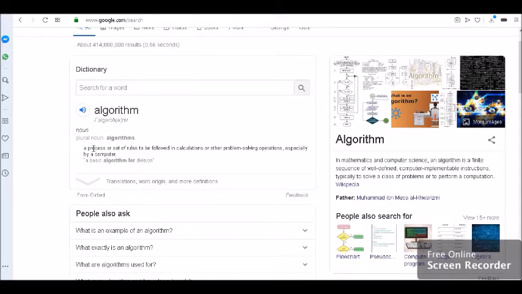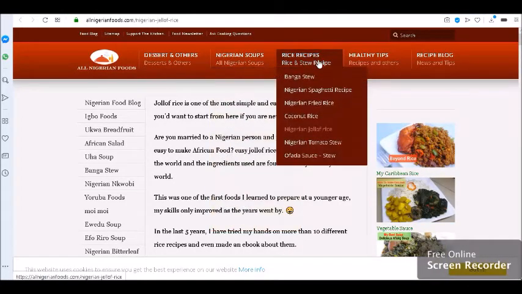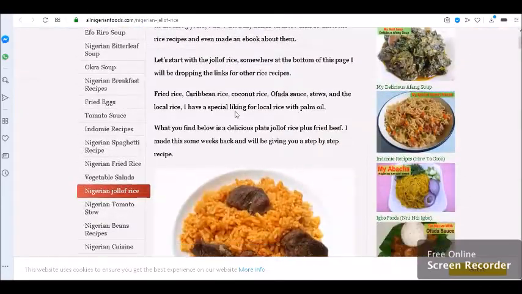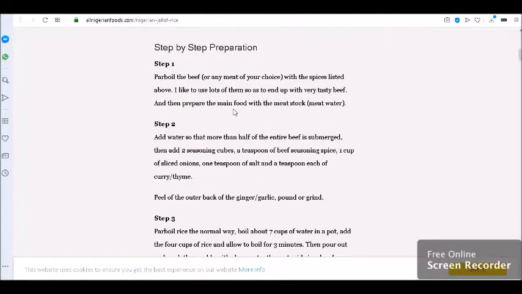Now the word process is very interesting because processes don't just exist in computer science, they exist in everyday life. And an example of this is in cooking. So if you came to this particular site, they have recipes on food. You would see all kinds of foods here, but the one I'm interested in is jollof rice. Now, jollof rice is made from a couple of ingredients, and if you follow these steps in order, you will